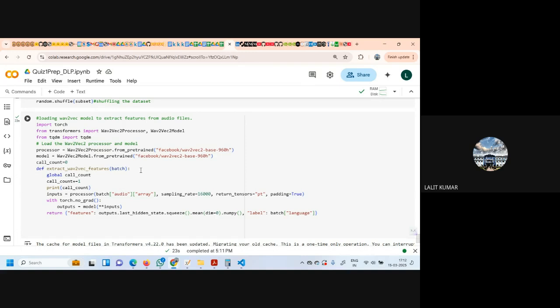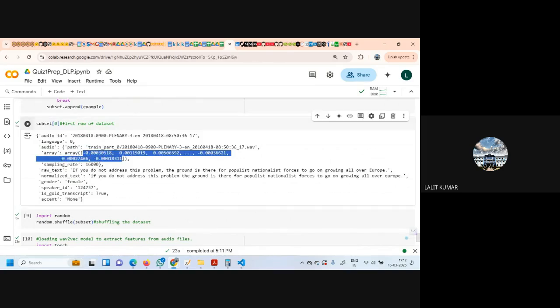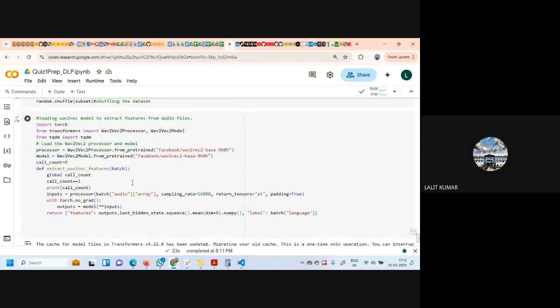So now what we are doing, we are extracting Wav2Vec features from a batch. And from where we will do this, we will do from here. Is this okay? Yes. Okay. So we pass the processor the batch audio array. We pass the sampling rate here. We pass return_tensors as pt.